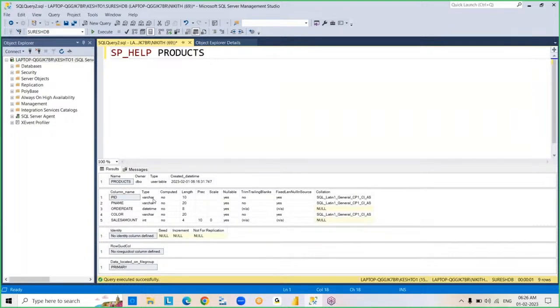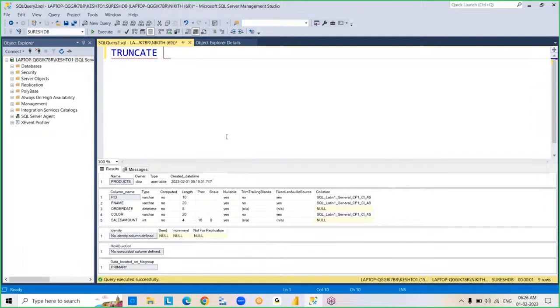Right, and so this is the way we alter a table. You create a table in the beginning. After that, you added new columns to the table, dropped a column, and changed the data type of a column. So you performed different types of operations. Right? And so now